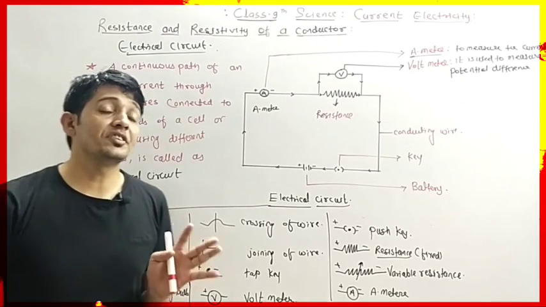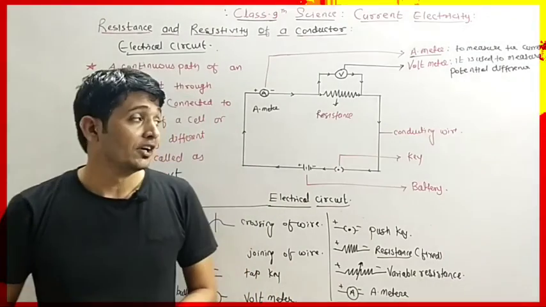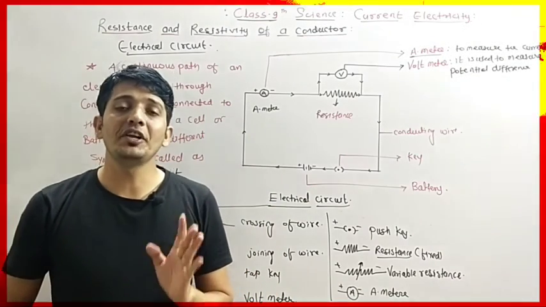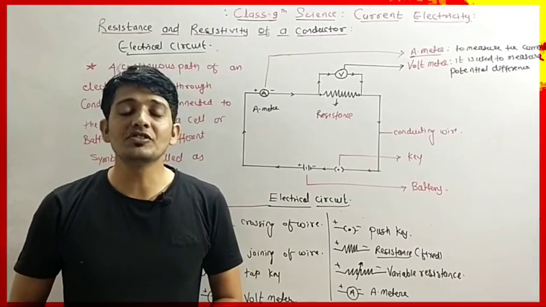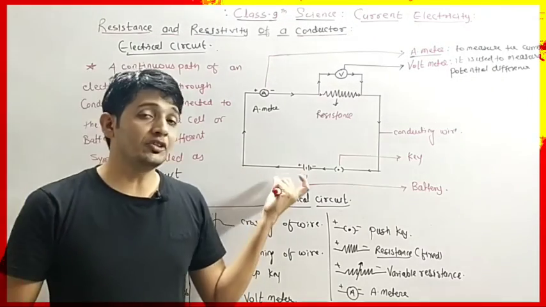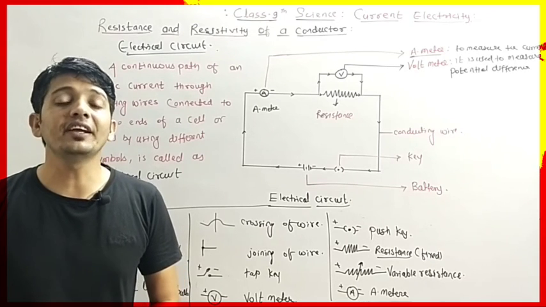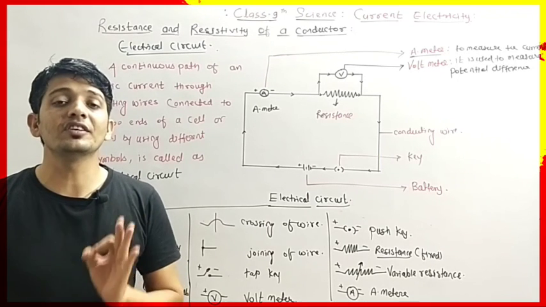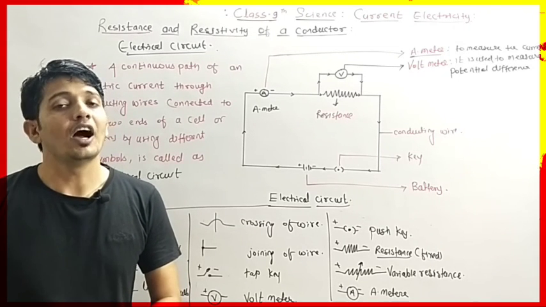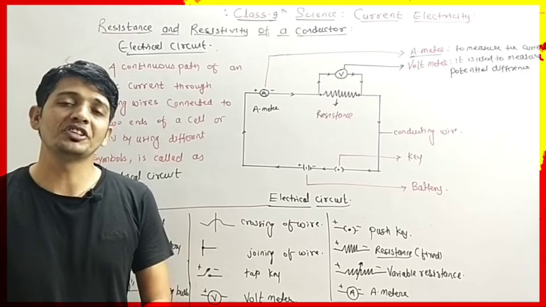Okay, so students, this is the very important part that we have understood today. For better understanding, just repeat this video once, so you will understand what an electric circuit is, how it is drawn, and which different symbols are used while drawing the electric circuit. And also you will understand the resistivity, how it is calculated, the formula for resistivity and the unit of resistivity also.